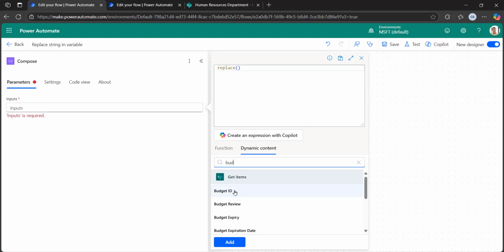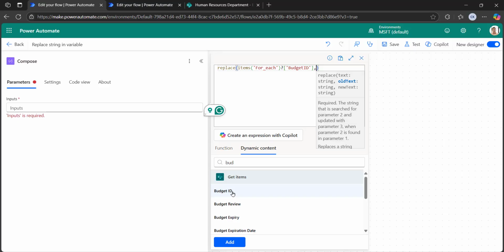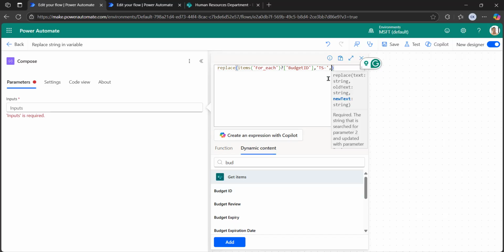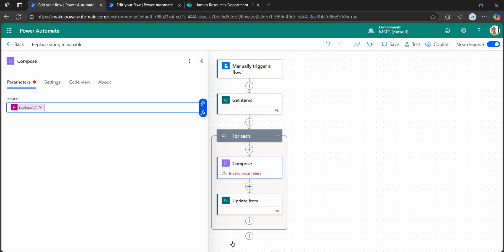So let me search for the budget ID, select the budget ID and comma. Here I wanted to replace TS hyphen with blank. For the blank values, we don't need to give anything within the single quotes. So let me add this. Click on add, then it will add the